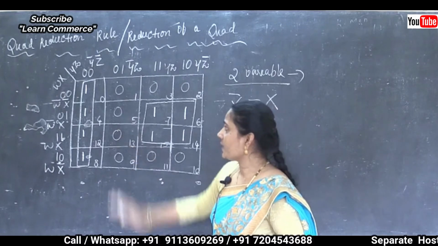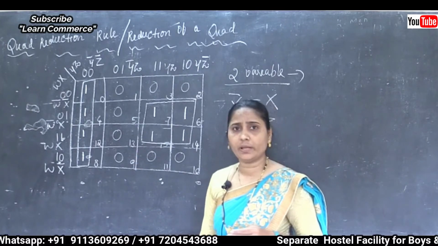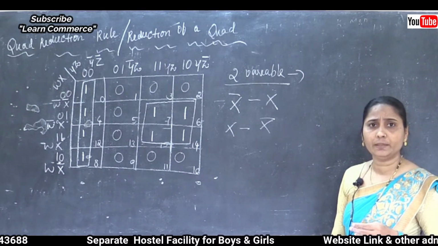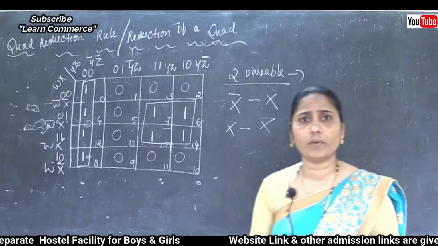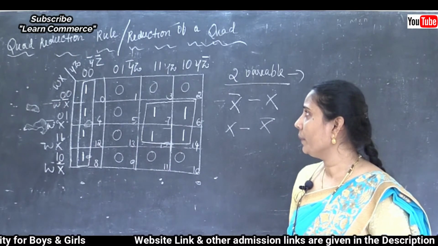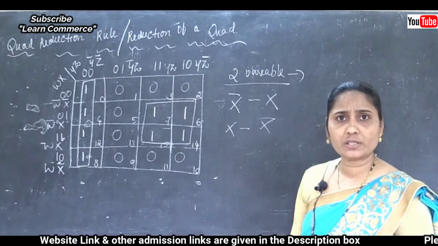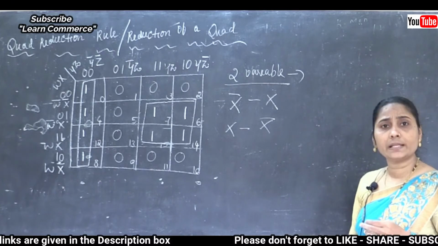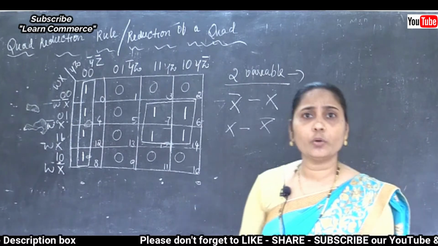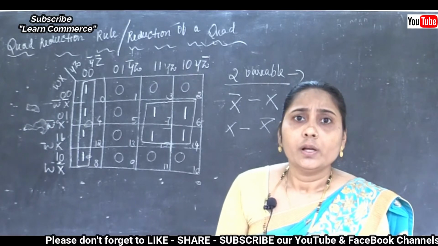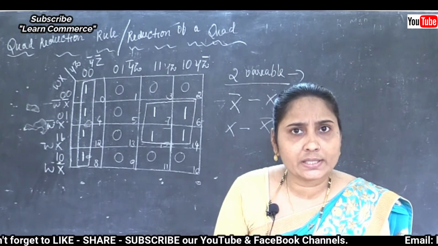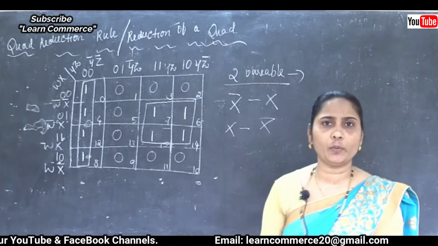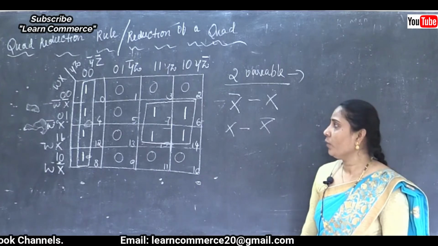Now in this example also, I want to use the variable names W, X, Y, Z, and the binary code 00, 01, 11, 10 on the left side. At the top of the K-map the same binary code is used, 00, 01, 11, 10. It is an SOP mapping rule reduction form, so where the value 0 is there, we take the complementation of that variable in our SOP form.